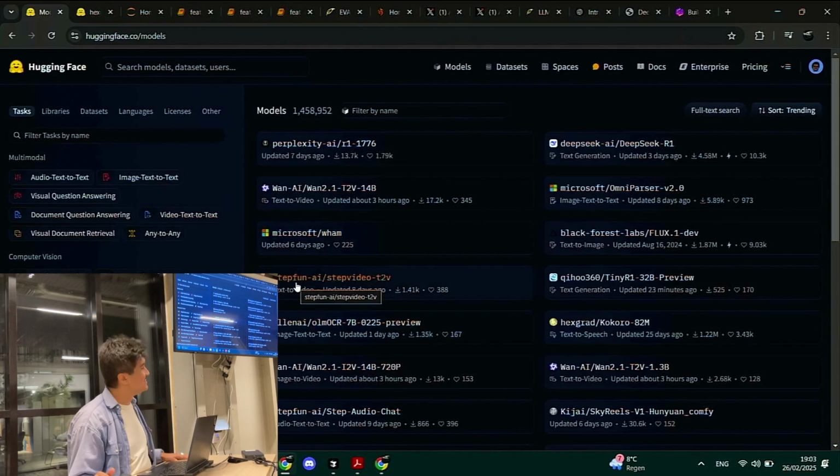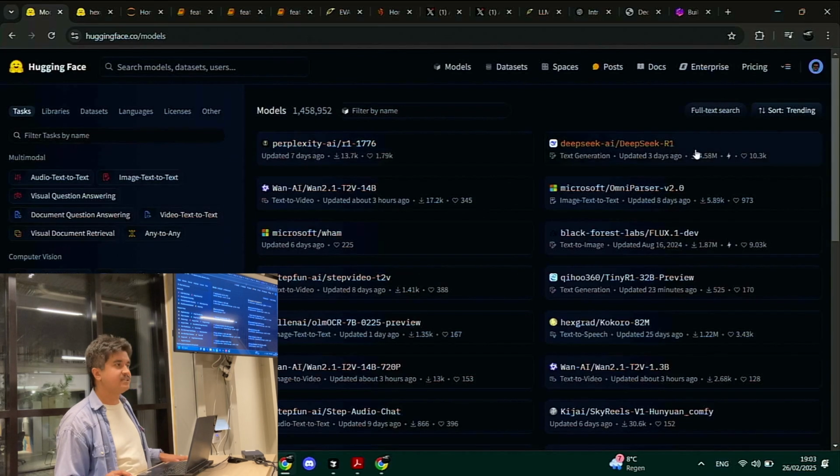Maybe the most famous open source model that was recently in the news is DeepSeek, and more specifically DeepSeek R1. A lot of people have the notion that open source models don't really compete with the likes of GPT, Claude, or Anthropic. But I'm here today not to prove you wrong, but to provide you with tools that you can use to discover that yourself.